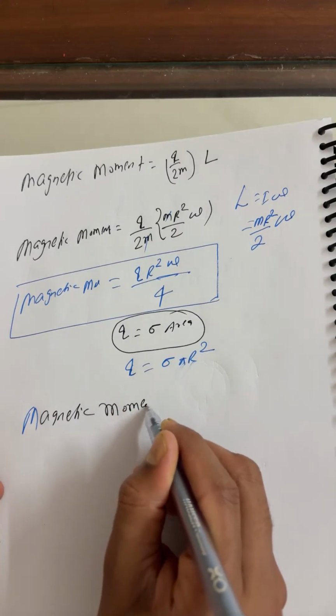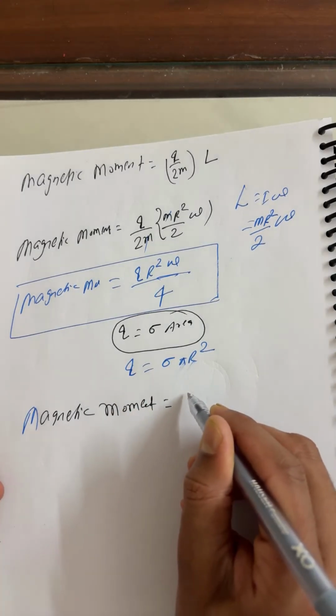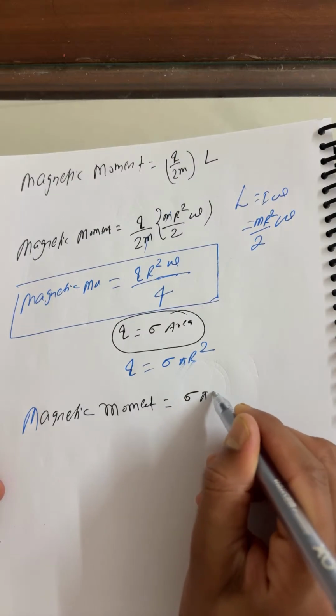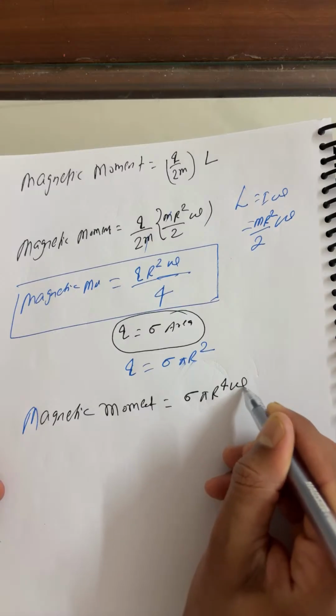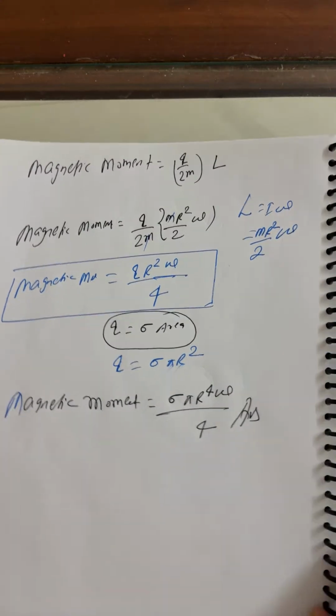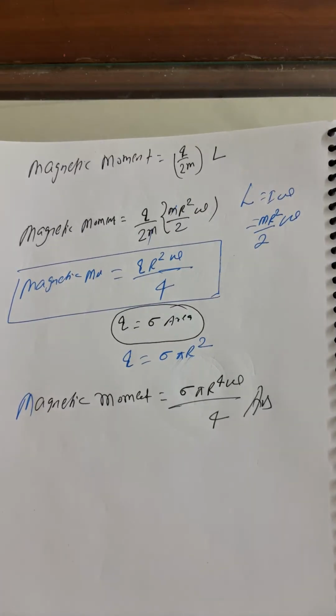magnetic moment is equal to sigma pi r to the power 4 omega by 4. So this is also correct, student. This is also correct, student, right? So just go through once and write here, write everyone,